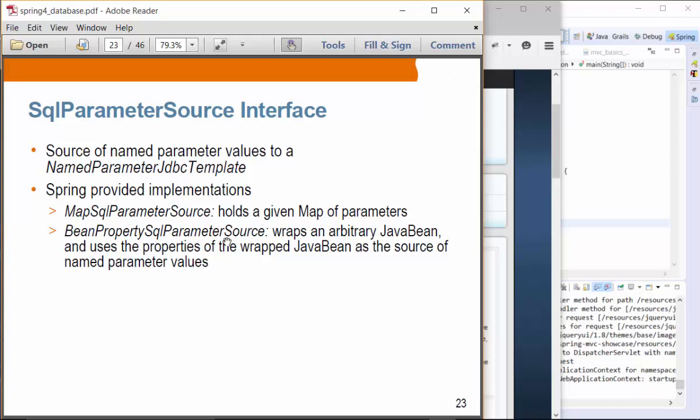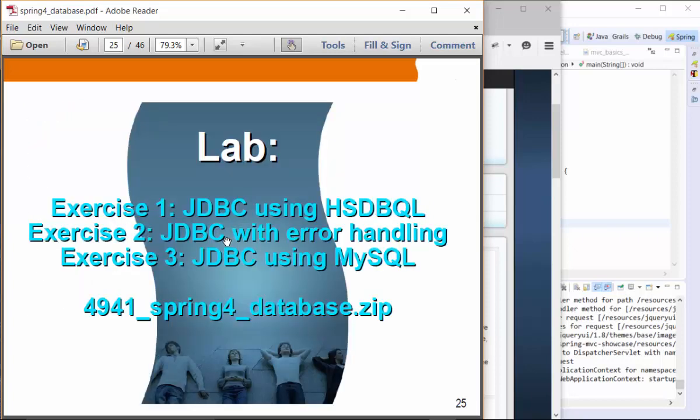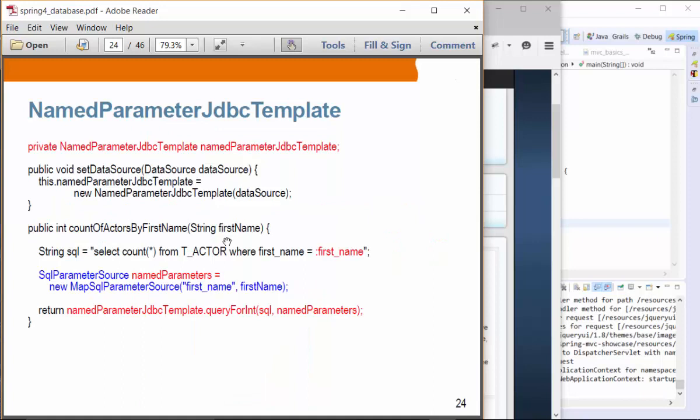Okay, so there are a couple of ways that you can provide the arguments. I think there is the SQL parameter source interface, and that's the one we're actually using here. So this is the case where we have the named parameter JDBC template. This is an example where the parameter is named first name. So you are going to use the notation colon first name,